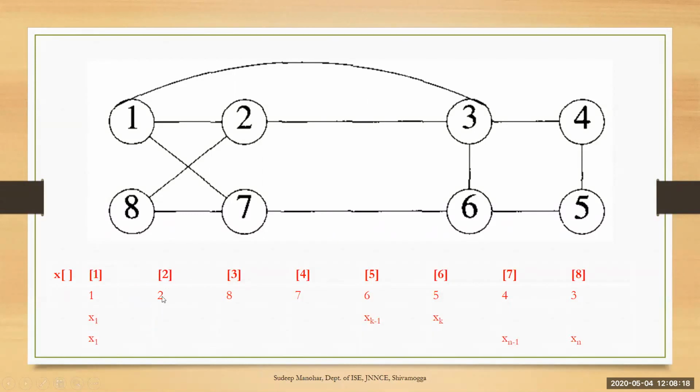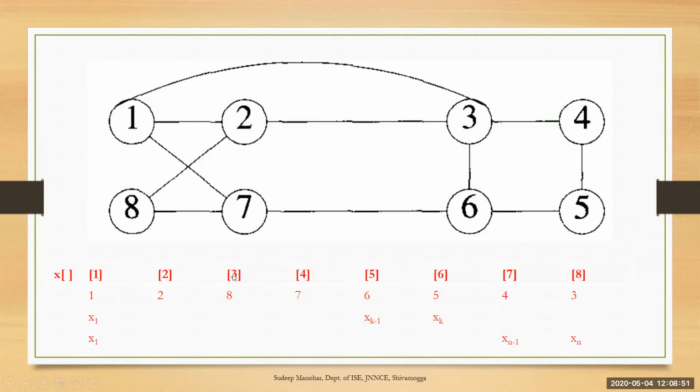Now the first step is, you will first increment the value of 0. Here it is 0. We will increment to 1. So after incrementing to 1, you will check whether 1 is already present in the previous subset. So it is already present. So you will increment it to 2. You will check whether 2 is present. So 2 is not present in the previous subset. And one more thing, you will check whether there is an edge from 1 to 2. If there is an edge from 1 to 2, then 2 is chosen.